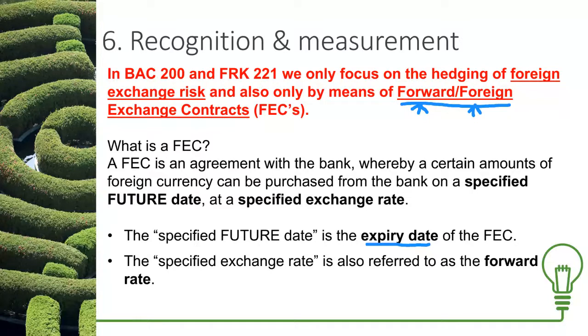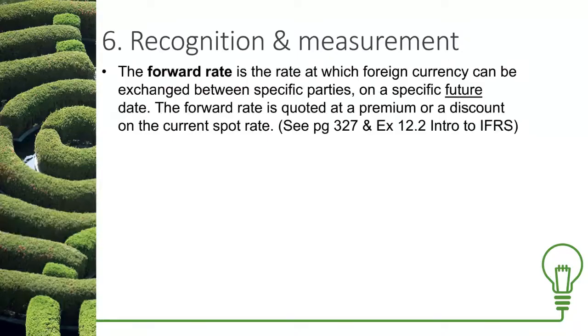So that specific rate we call the forward rate. The forward rate meaning that it's the rate that the bank is going to exchange with us sometime in the future, sometime forward in the future. So it's the forward rate, right? Those are the two terms, the terminology that you need to be aware of. The forward rate is the fixed rate at which we're going to exchange foreign currency in the future, and the expiry date or maturity date is the date at which the actual transaction happens and the FEC comes to an end, right? The contract, the agreement comes to an end. So that's all it is. FEC is just an agreement with the bank that says that we're going to exchange foreign currency in the future. Okay,